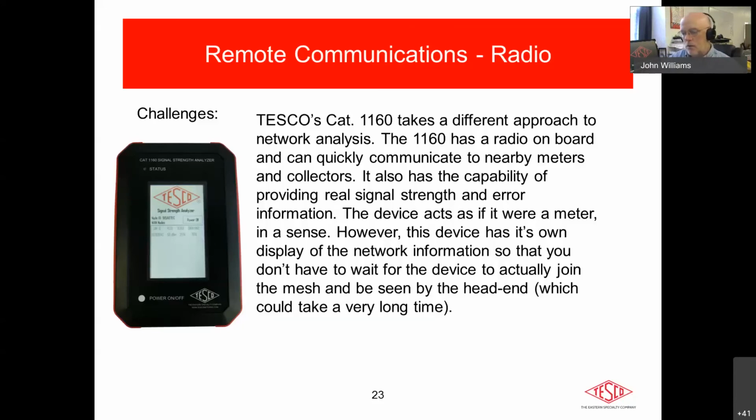And then this way you can rest assured that wherever you're holding this device and you see a bunch of really good neighbors, that's a great place to either place the meter itself, or if the meter position is kind of fixed by the installation type, you can take an antenna from the meter and place the antenna, like if you're in a basement or something like that, for instance,